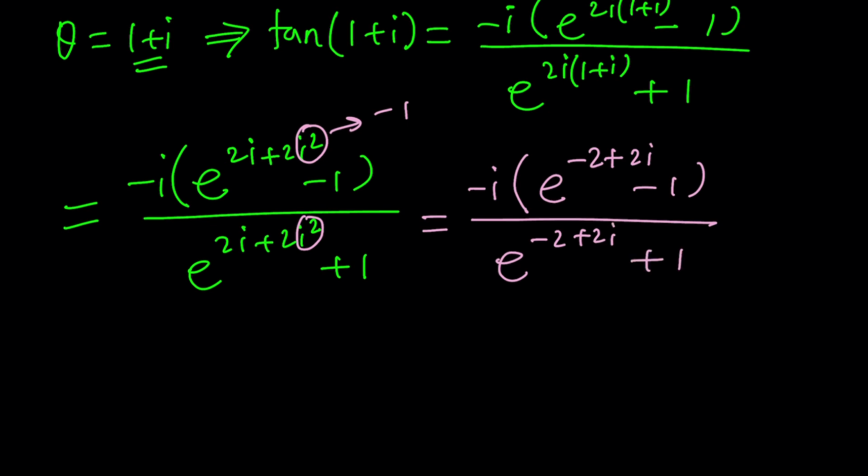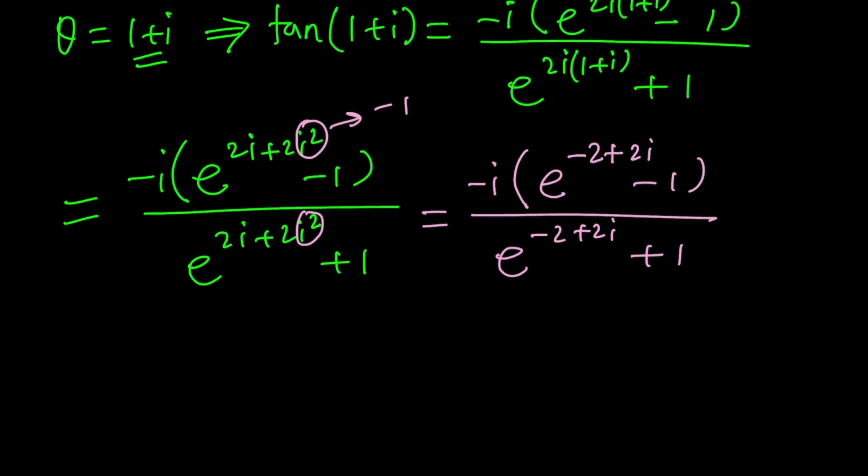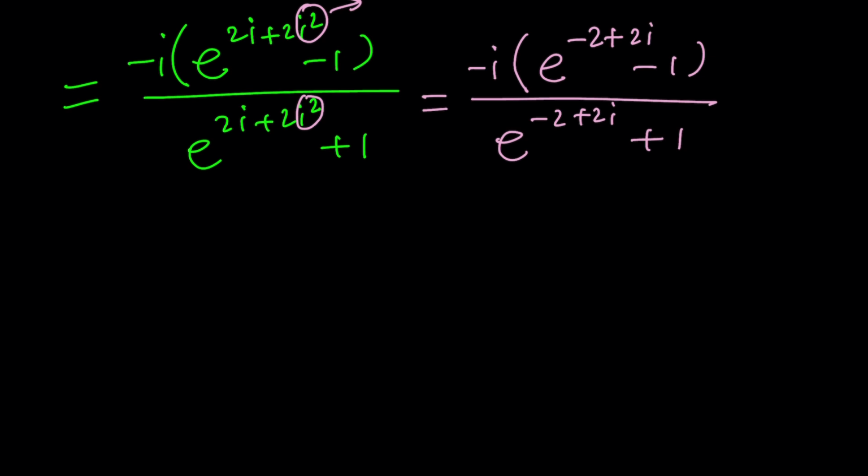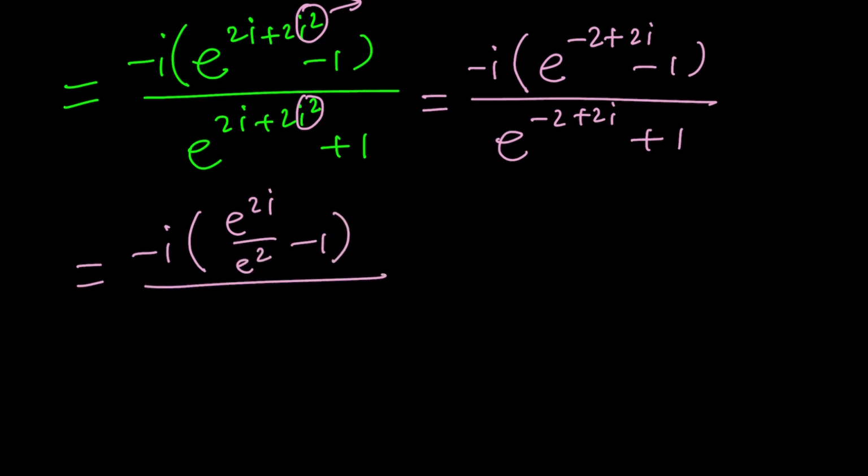And we can still simplify this. How? By writing this as a product. We could also distribute the i, but let's do that later. So now we can write this as e to the power 2i divided by e squared minus 1, and then e to the power 2i divided by e squared plus 1. Now we can multiply top and bottom by e squared if we want to get rid of all